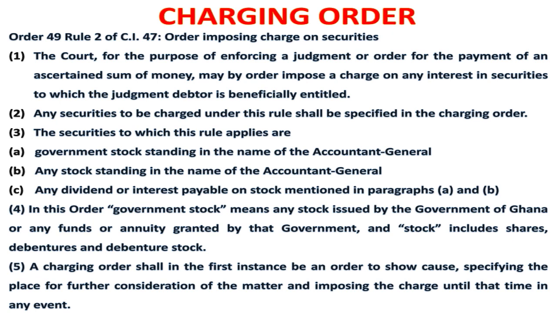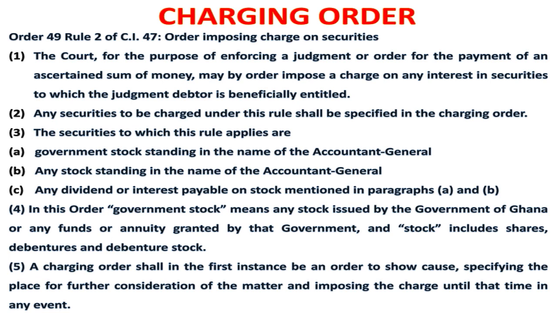The lawmaker goes ahead to explain what we mean by stock, and under Order 49 Rule 2 Sub Rule 4, it says that in this order, stock includes shares, debentures, and debenture stock. So we are being told under Order 49 Rule 2 that the kind of properties that we can even impose a charge on is not only immovable property, it can also include securities, like shares that you have in the